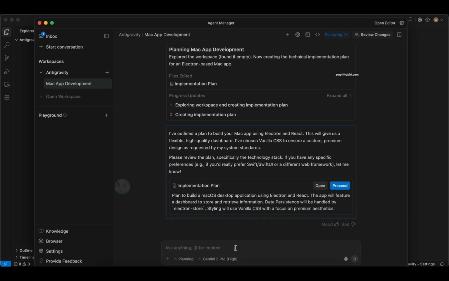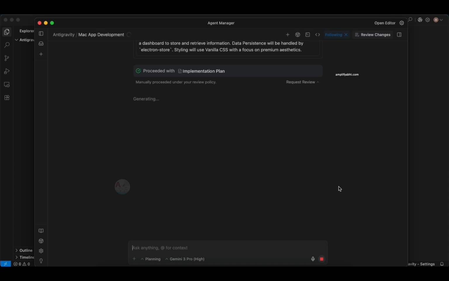So now I'm very much comfortable with Electron and React, and let's try to proceed with this particular implementation and see how the application is being developed. And again, I suggest you go through the implementation plan completely and then proceed with the implementation. Why? Because you need to have very good knowledge of what you are trying to implement. If you are just blindly going through the AI tools, right, it will be very hard for you to